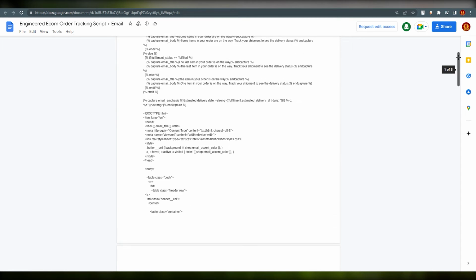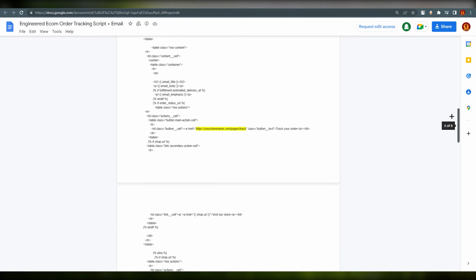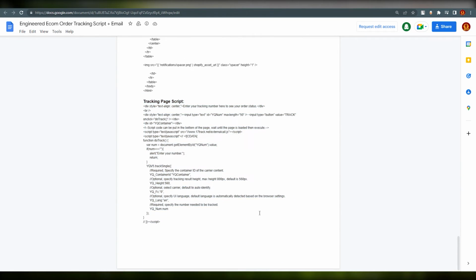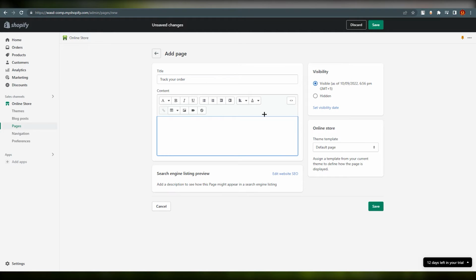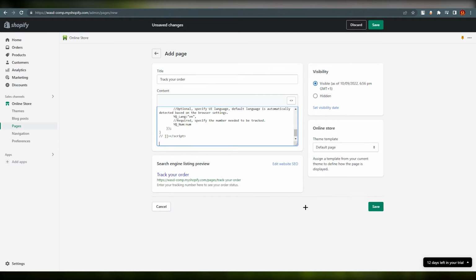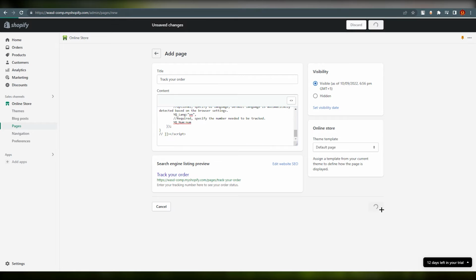And here we are, as you can see. Just leave everything and go right down at the bottom and you will find the tracking page script. What you need to do is grab all of these, copy, go to your account, and don't paste here, first click on show HTML and then paste. Now if you are going to save this, you will see what happens. Save,